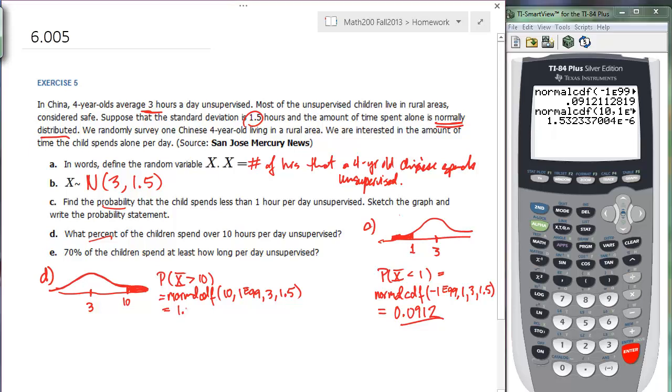Now, our result is not 1.532 and then stop there. This would be incorrect because our probabilities are always between 0 and 1, and clearly this is bigger than 1. That e to the negative 6 says that you get 1.532 times 10 to the negative 6 power. In effect, that takes your decimal point and moves it to the left by 6 places. So that would generate 5 extra zeros